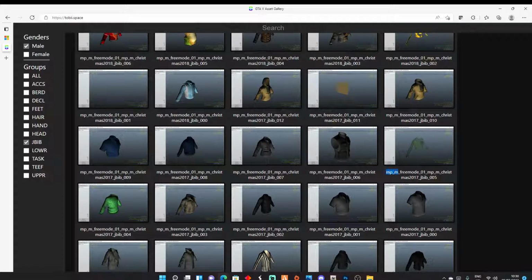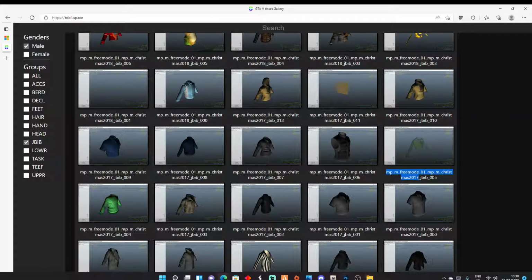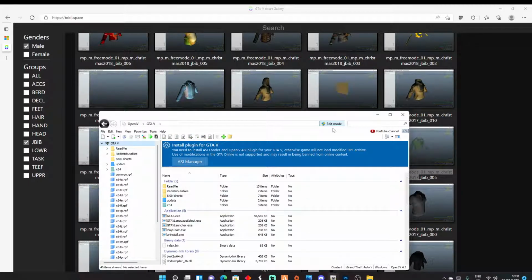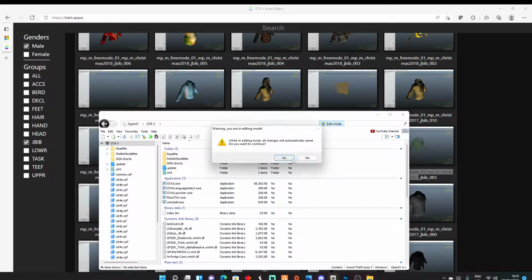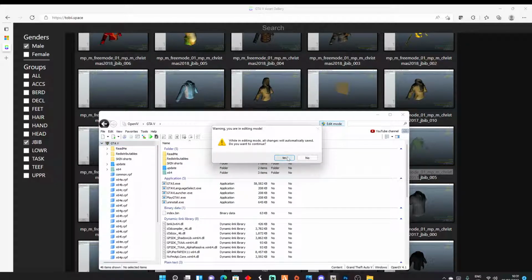So what you do with this, you do this, and then you want to go up to here. You don't want this bit. You want to go up to Christmas 2017. You copy. So from this, you go into OpenIV. So your OpenIV will just be like this. When you go into OpenIV, make sure you click editor mode. So look, I'll go off it. Make sure you click editor mode. So look, I'm not on editor mode now. And all you do is that, and